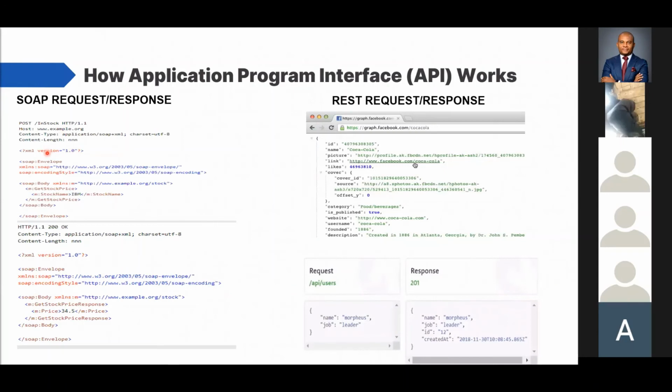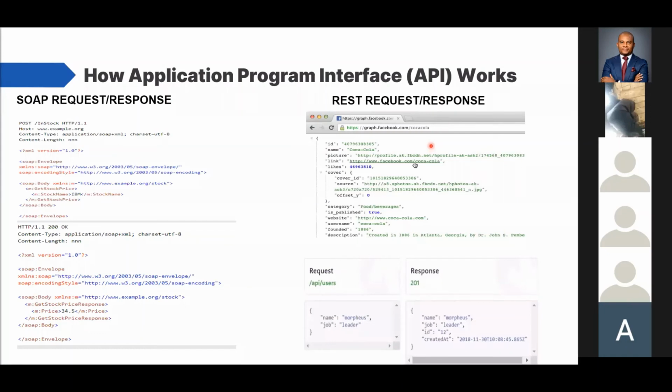The lower part on the left-hand side is the response provided. You will see this is XML format as well, whereby you have to decode the XML to get, you can see the version, you can see the XML format, and you can see the content of the response. A price was returned, 34.5. So software developers and engineers will understand that it takes a lot of technology effort to translate what this XML format is. But on the right-hand side, we have a REST request and REST response, which is more advanced and can practically communicate on different data types, a lot of data types like JSON,